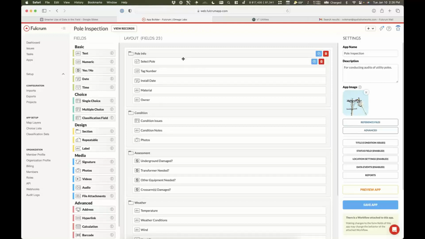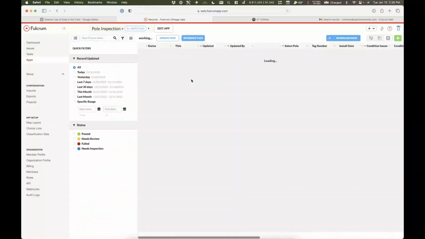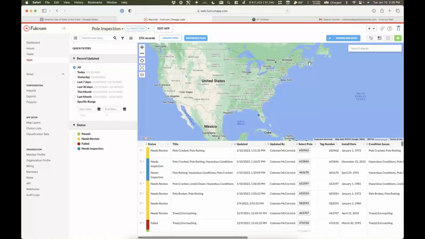And in just a moment, we'll pull this up and look at how that works in the next section. I just wanted to give you a sense of what I'm going to pull up here to look at the layers. We'll go here and look at the Fulcrum data view. So we've got a number of options here for